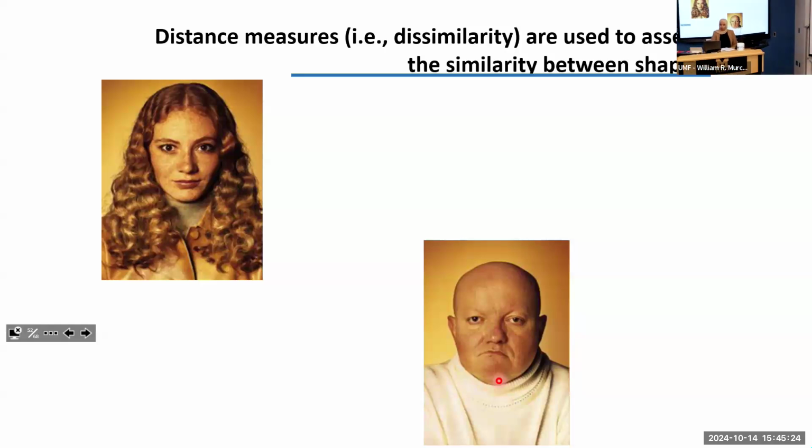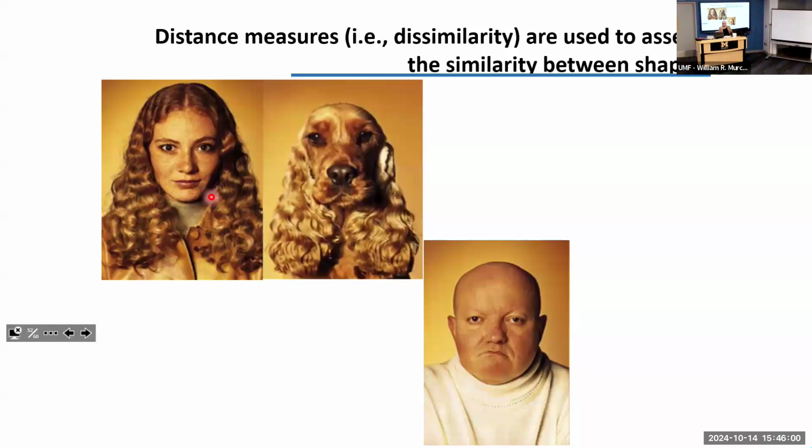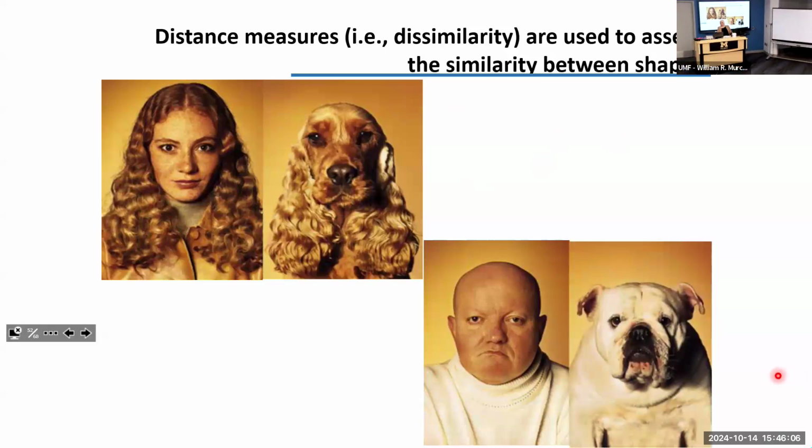Before, someone told me we measure the distance to the centroid, or it was Ayub, one on this table. You are right, so in this case, the measure that you use to decide if this is similar to this or not, I'm going to use some distance, and I'm going to measure it. To measure the distance between two images, Ayub is saying that we measure the distance between each pixel in that image. Okay, if we do this, we can find this lady in the same category with this dog, and this one in the same category as this dog.